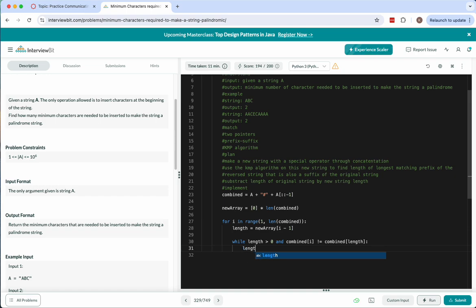We'll have length equal our new array element, but our length minus 1. So we'll just do length minus 1. Then we'll just have our new array element equal length,